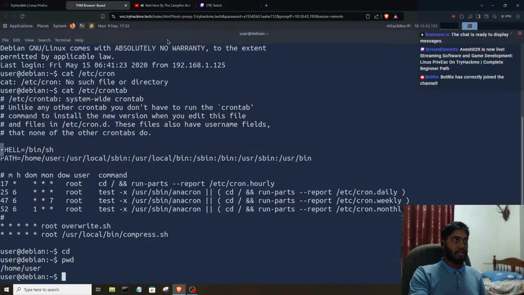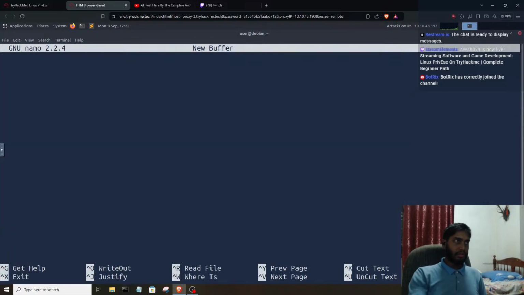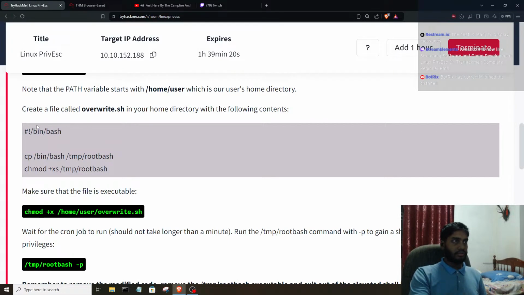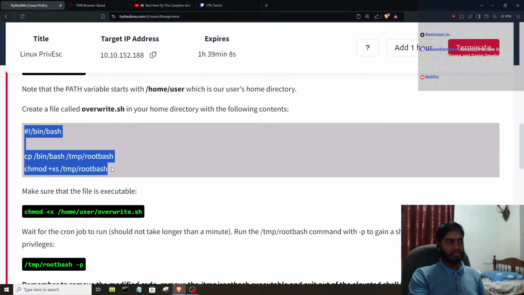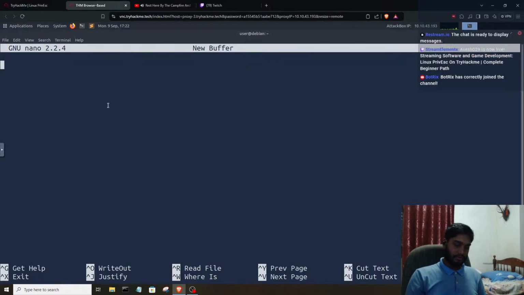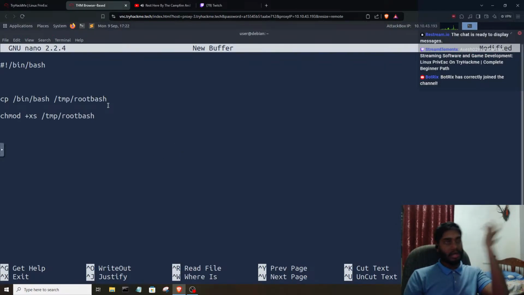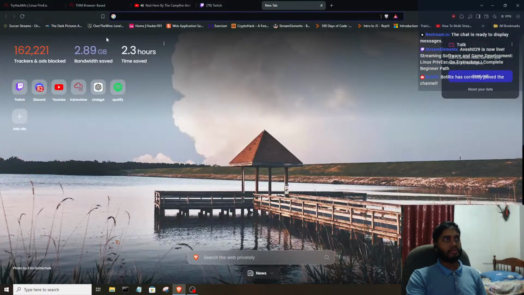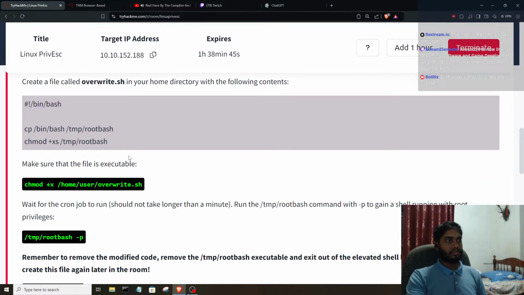the home directory here. We're just gonna open nano, and then we're gonna copy the contents of this. So this is a bash file with the hashbang. What's it called? I forgot what this is called here, but yeah, it basically tells us that this is a bash thing, pretty sure. And copy /bin/bash, chmod. Okay, cool. But now we're gonna do it first, and then we're gonna get ChatGPT to explain that to us. Actually, let's get ChatGPT to explain to us what we're doing first, because the explanation here isn't always